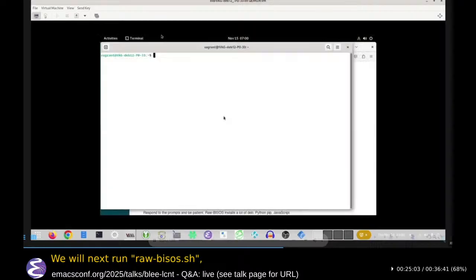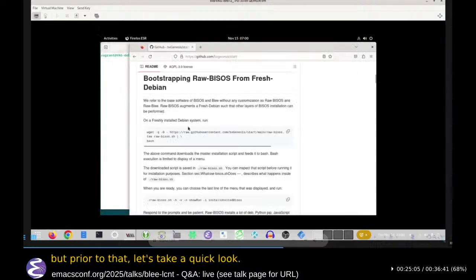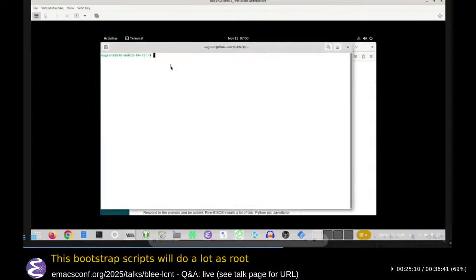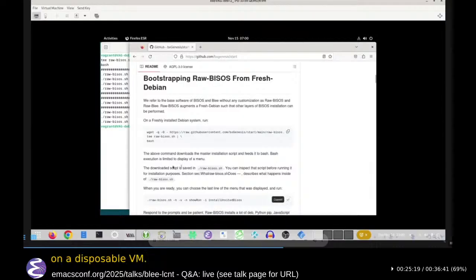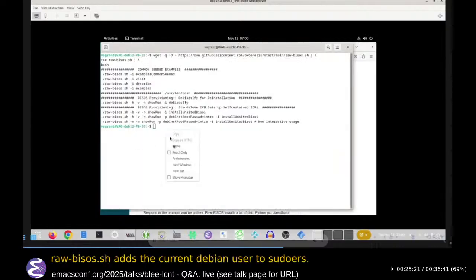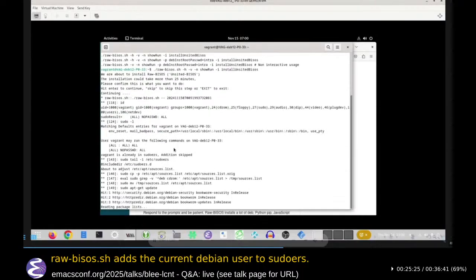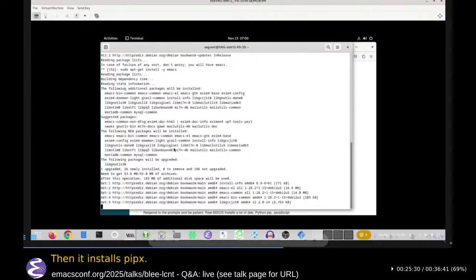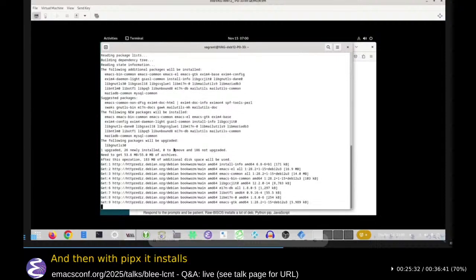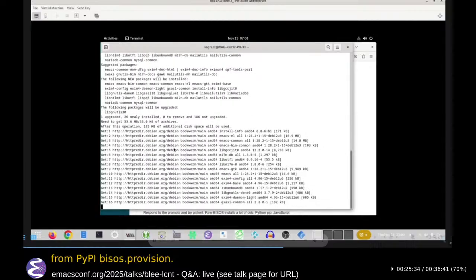We will next run raw BySauce.sh. But prior to that, let's take a quick look. This bootstrap script will do a lot as root on your fresh Debian. It's best to first try it on a disposable VM. Raw BySauce.sh adds the current Debian user to sudoers. Then it installs pipx, and then with pipx it installs from PyPI